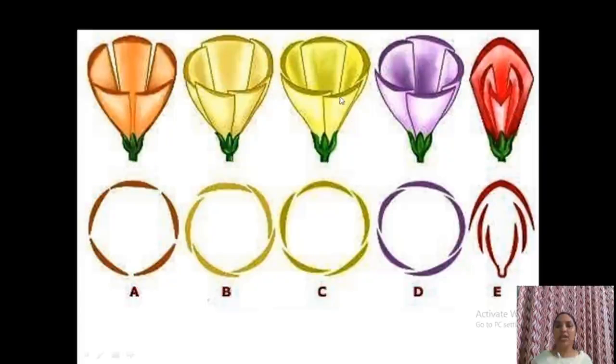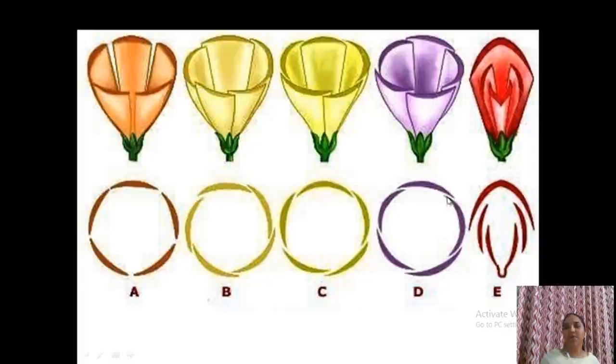Then this is the next condition where you can see how many petals are in. This petal is in and out, one petal. Then this petal is in and out. What about this petal? In and out. This one is completely out, this one completely in. Meaning one petal is completely in, one petal is completely out, others in and out. This is the condition of imbricate aestivation.